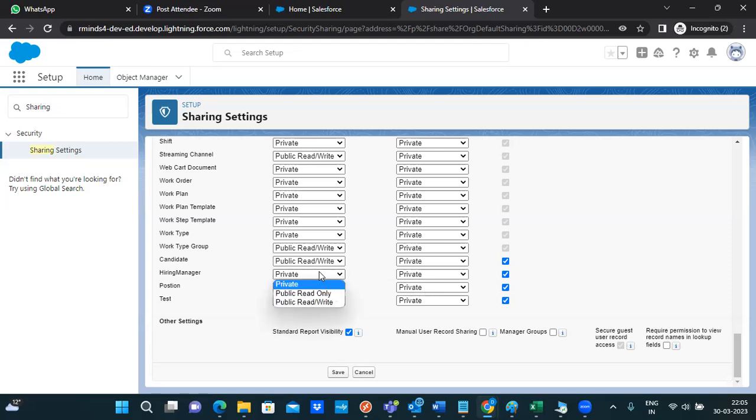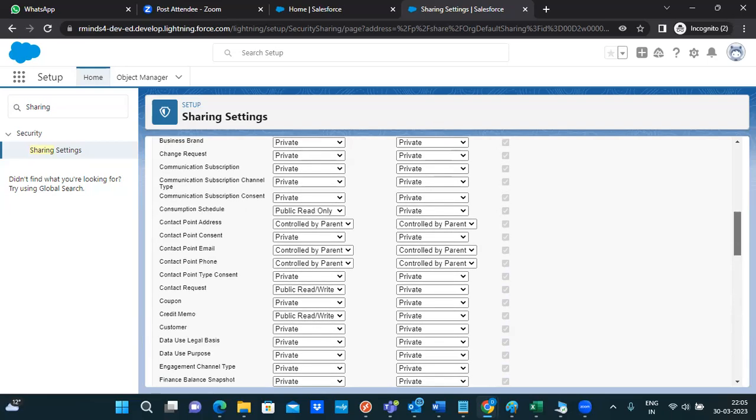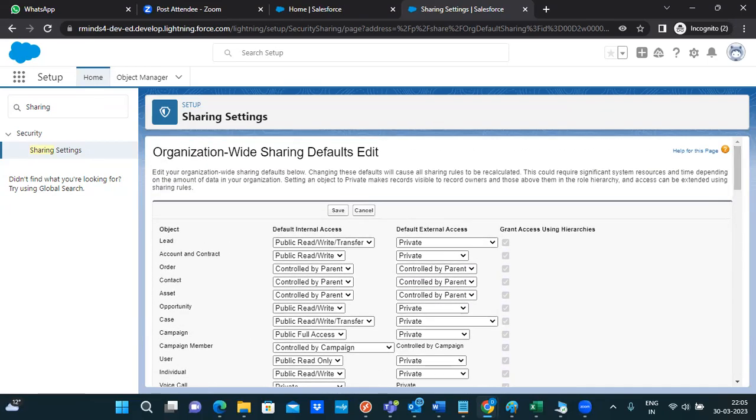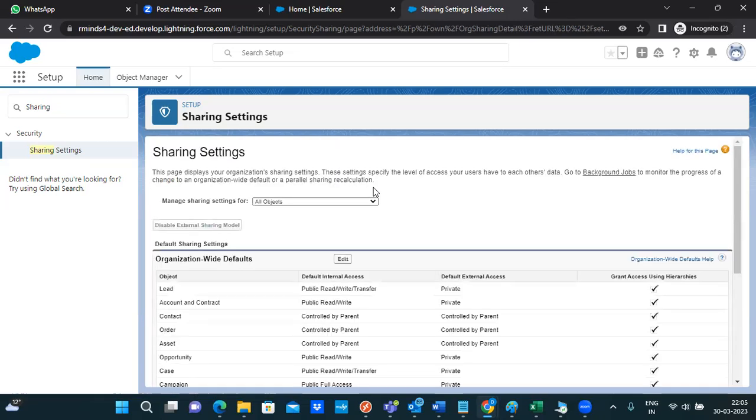But I want it to be available to other users, which I just created, the development users and all. So I'm making it public read write. These are the default settings which we can make, and usually we don't touch them. We have the settings done once, and it's applicable for all the users in our Salesforce org. Okay, so that's how it is. But in case